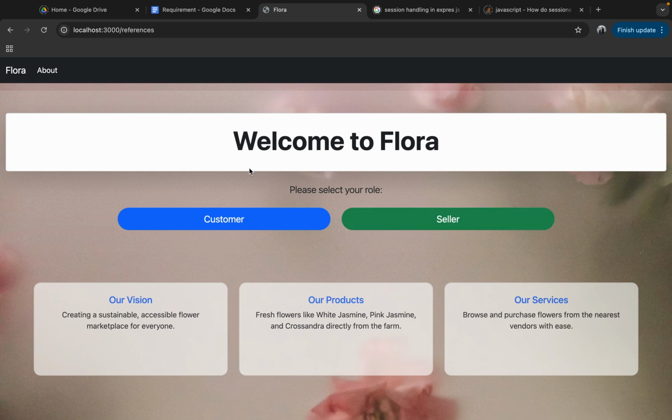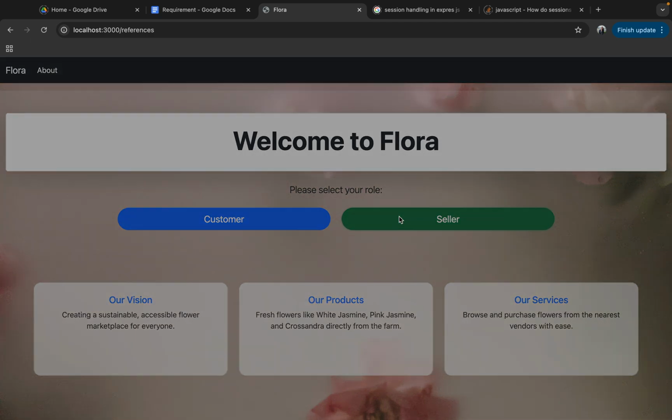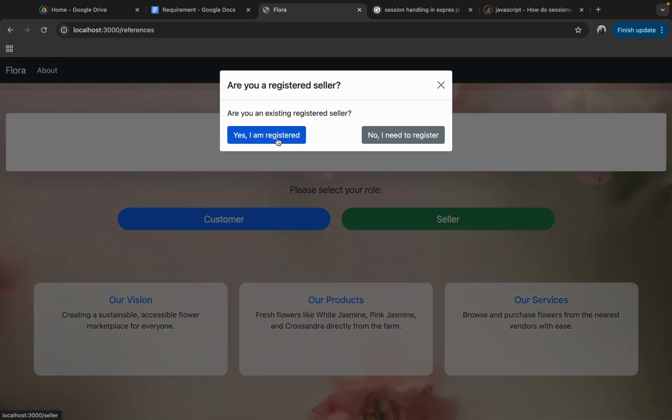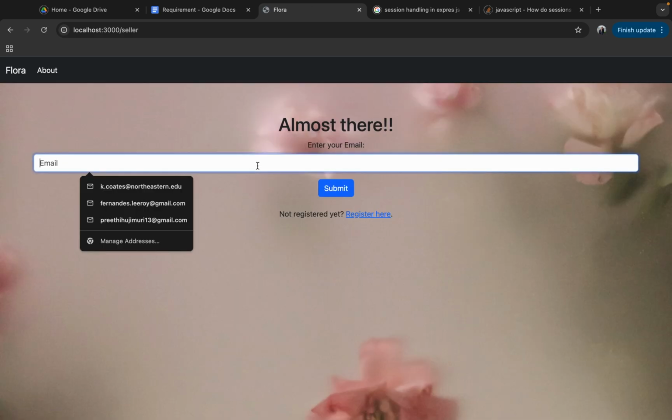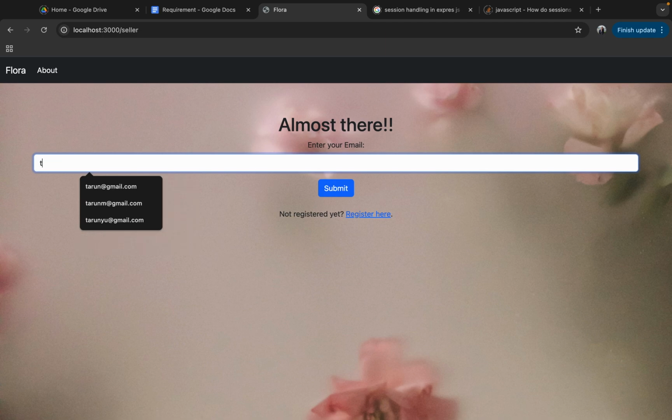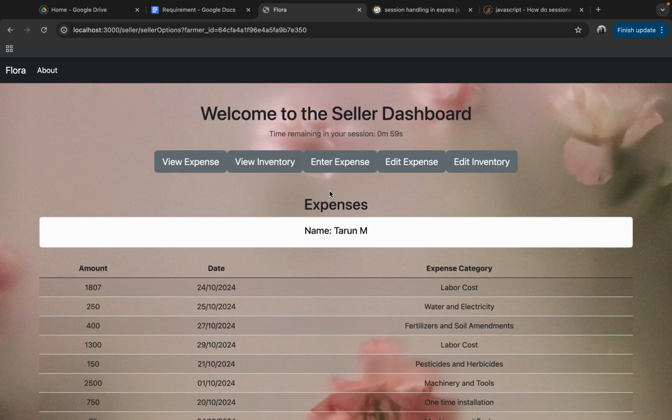So this is the application. You might be familiar with it if you've already watched my last video. Let me just go to seller. As in the last video, it asks you if you're a registered seller. Yes, I am a registered seller. And right now I'll just put some dummy ID seller that I created. Submit. Now you can see that there's a certain session that's created, which is like